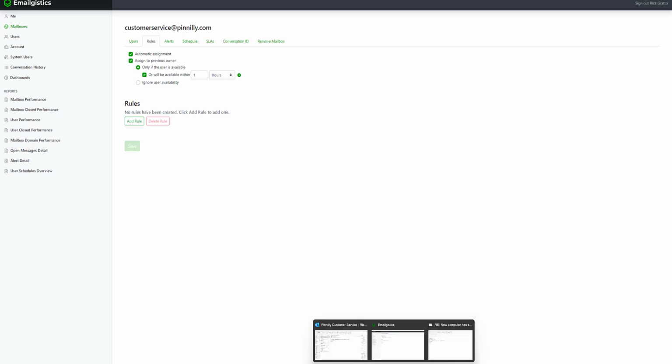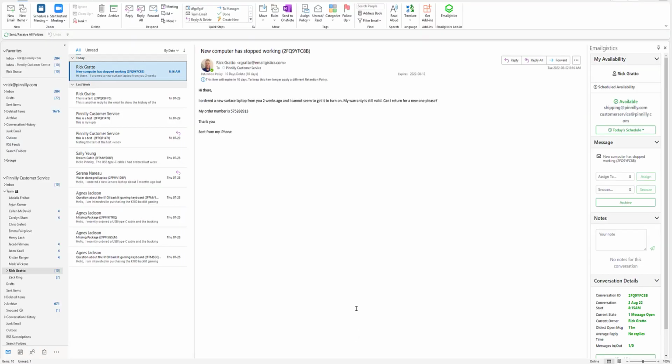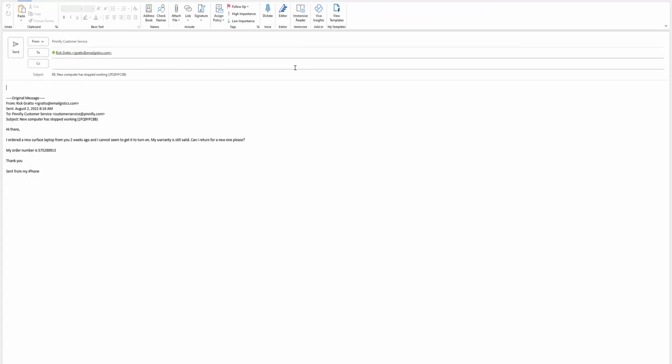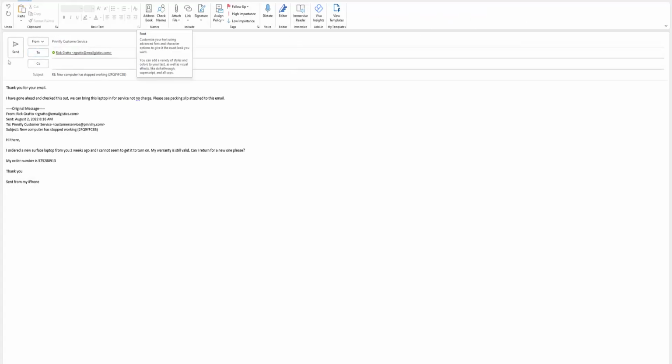So if we navigate to our Microsoft Outlook application here, we can see that there's an email from rgrado@emaillogistics.com saying, "Hi there, I've ordered a new Surface laptop from you 2 weeks ago. I cannot seem to turn it on. My warranty is still valid. Can I return for a new one?" So your agent can go ahead and draft up their reply. Once the reply is all drafted up and sent,